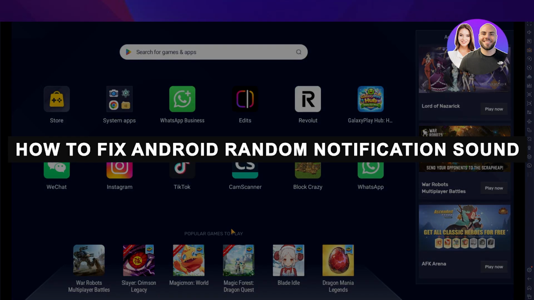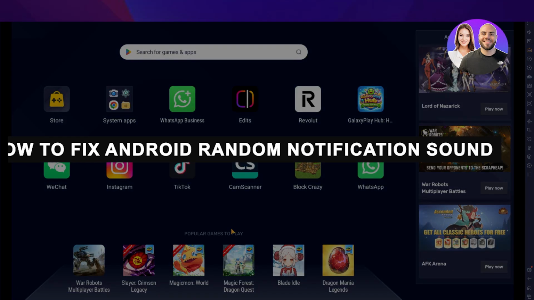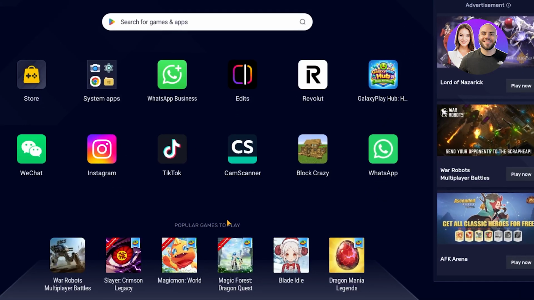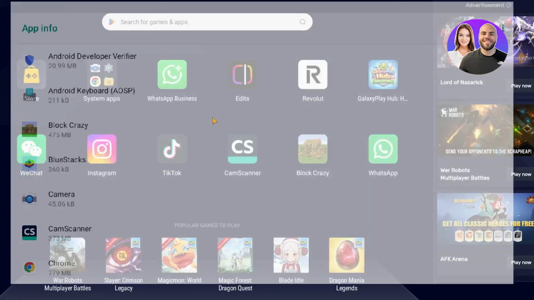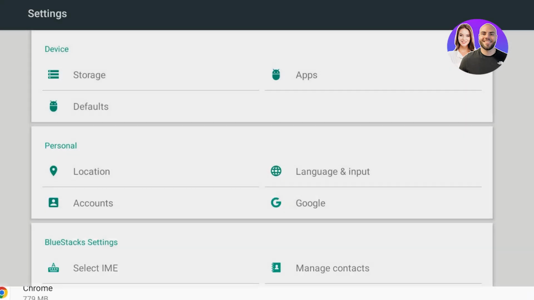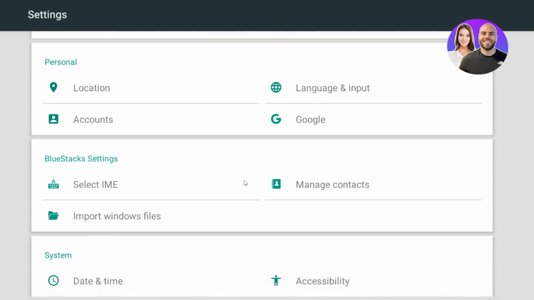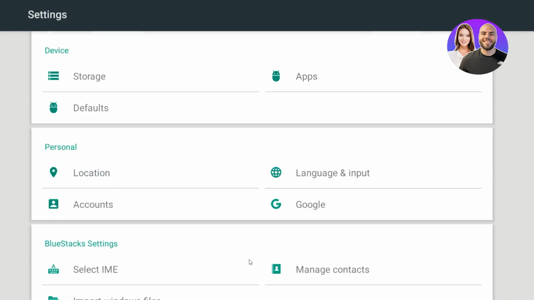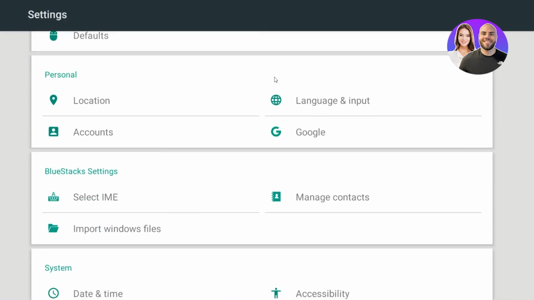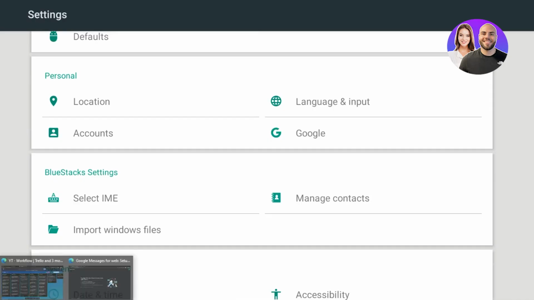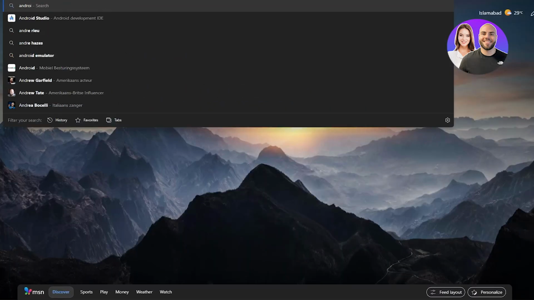How to fix Android random notification sound. So if you have any random notification going on in your Android devices, here's how you're fixing it. You're going to come over to your system settings, and once you're in your system settings, over here, you're going to find the notification icon, okay? And inside of the notification icon, what you can easily and simply do is just go over to the settings